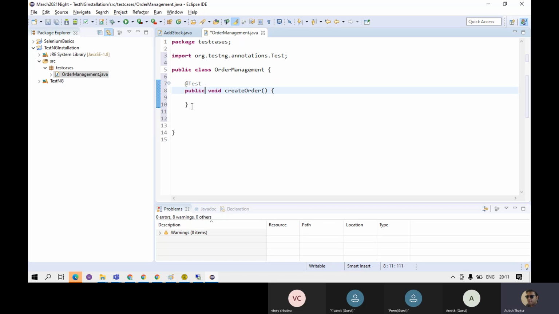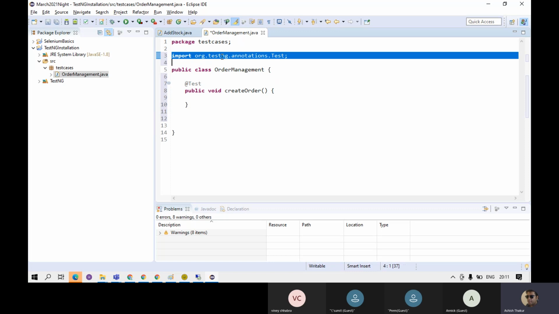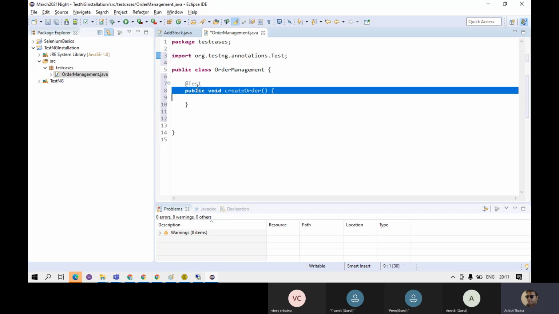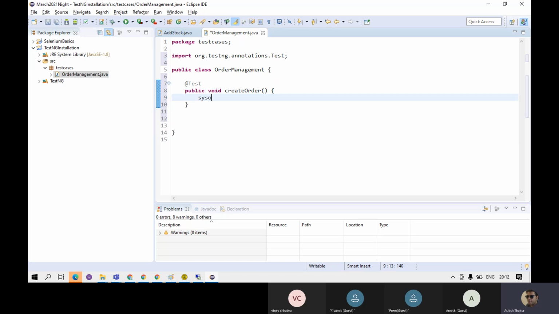If you import this Test annotation, then you will not get any error. And if you print inside it, creating an order,